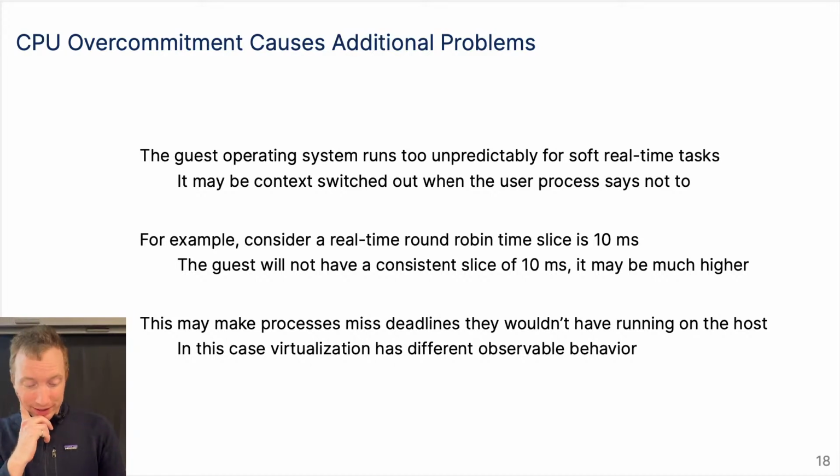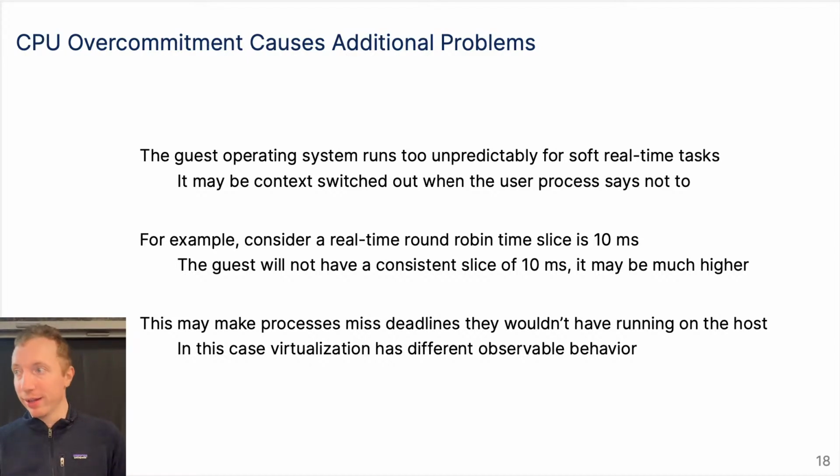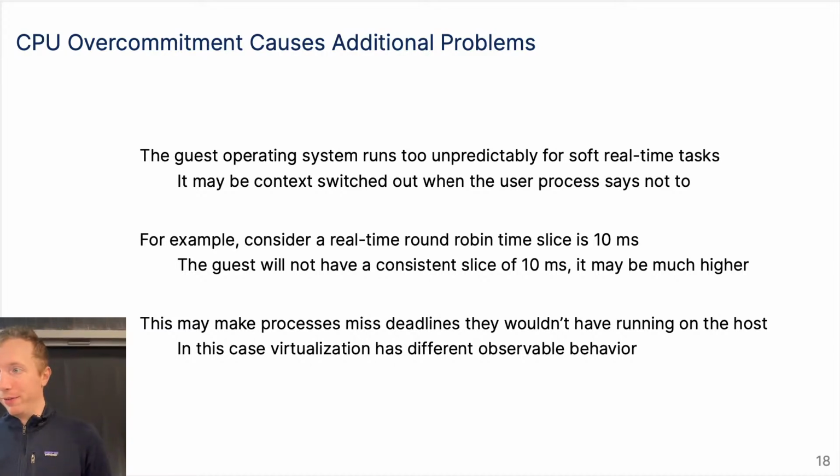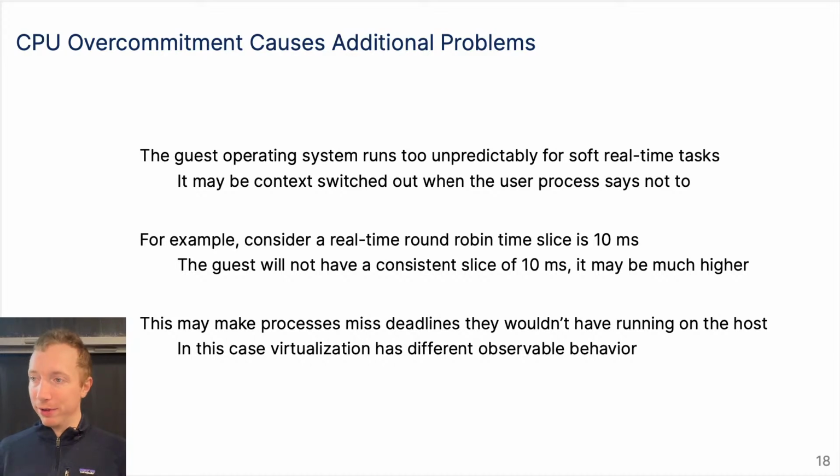So it causes some additional problems. The guest operating system is sometimes going to run too unpredictably for soft real-time tasks, because normally when you run your operating system or kernel, it has access to the physical hardware and it manages everything, so it can make arguments about timing and all of that. Now, if you are running it as a virtual machine, you don't have control over how long you have hardware for. The hypervisor actually has control over it. So if you run something that would normally make all of your deadlines on a machine running straight on the hardware, when you move to a virtual machine, you might miss those deadlines now,